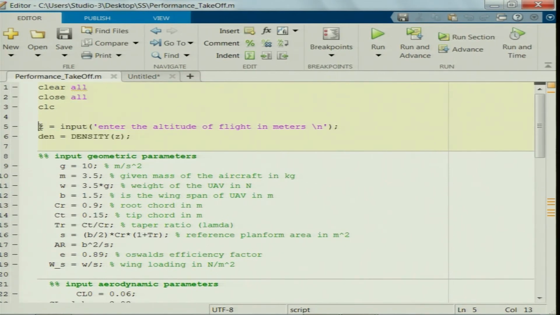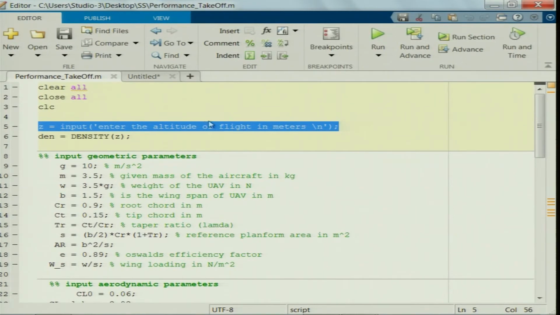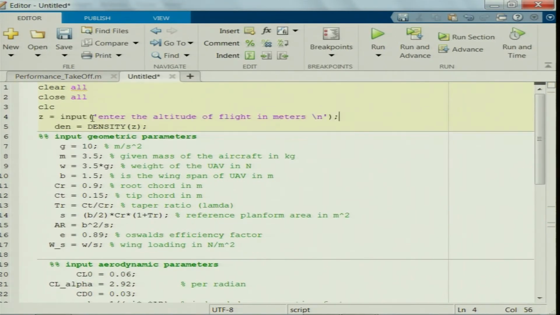I wish you should take it as an assignment, just modifying the variables of the integration. So, let us take z as an input here: enter the altitude of flight, the initial altitude at which cruise is initiated,